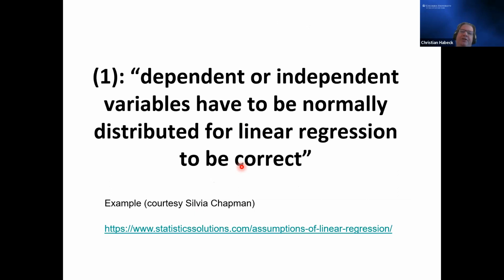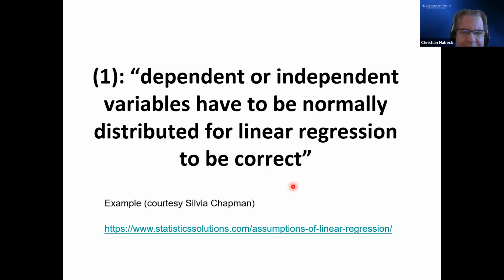This one is actually dear to my heart because for years I myself have sat in a seminar and this came up all the time. Since then I haven't seen it quite so much, but just a few weeks ago I had it in a paper review, where a fellow reviewer complained about the distribution of the independent variable. This was some associational analysis where people ran linear regression. The reviewer said, oh, these independent variables are not normally distributed, so therefore there might be a problem with the linear regression formalism.